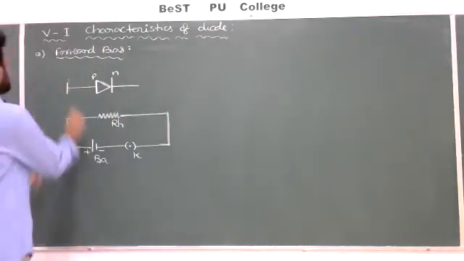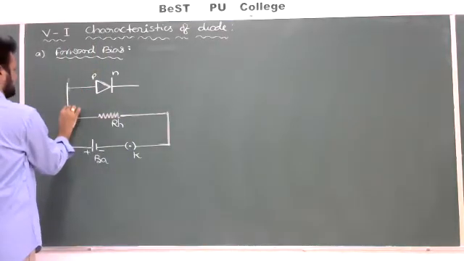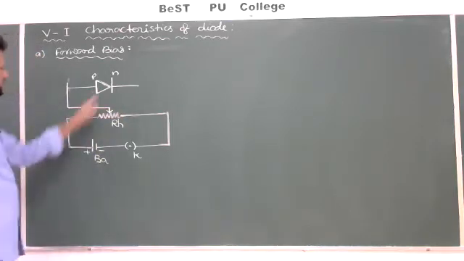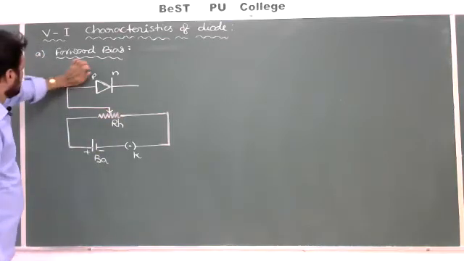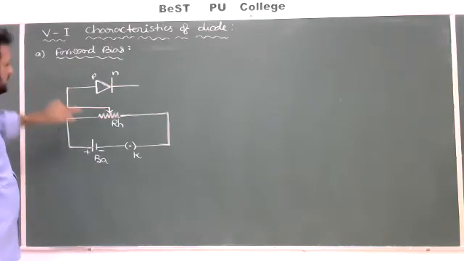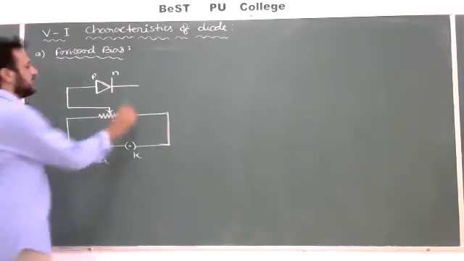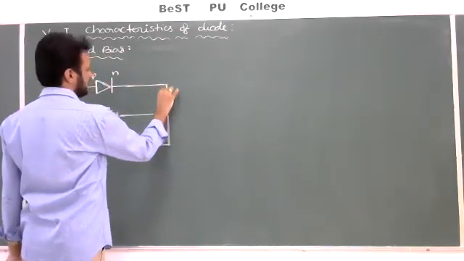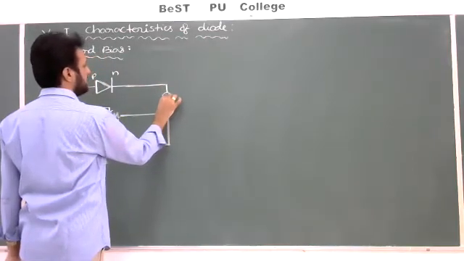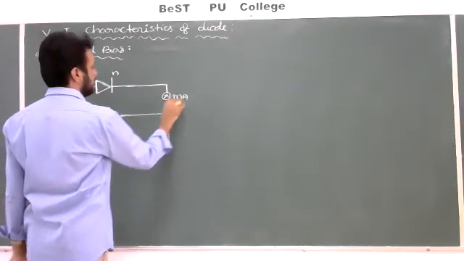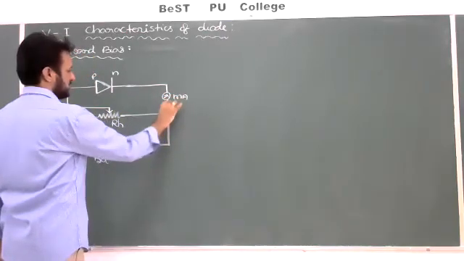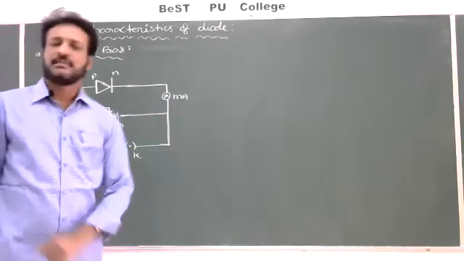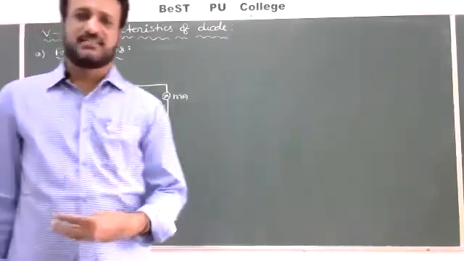And this will be connected to the rheostat like this. So this terminal is connected to the rheostat. So this will be RH, rheostat. And the right side we have to connect it to one milliammeter. Here I am connecting one milliammeter, MA, and also connected to the rheostat like this. Now by using a milliammeter we can measure the current, small current.